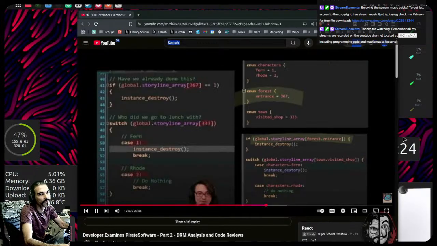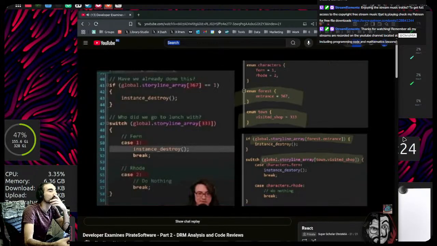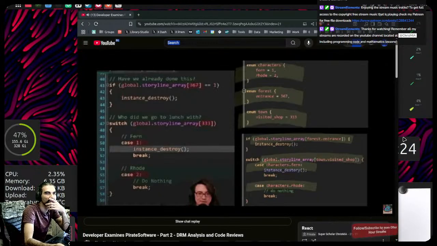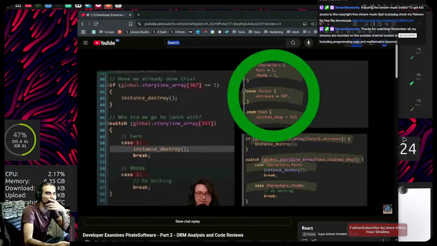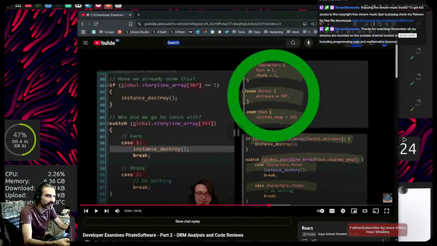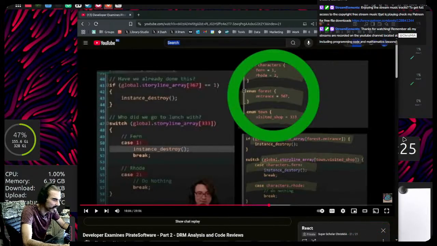Force value 333 could be an enum value for a town, and the 1 and 2, that is Fern and Road, could also use a character enum. Now we have our first code improvement. The storyline flag structure still isn't good, but we've reduced the blast radius of changes from the entire codebase to basically just one file. Since we have a nice abstraction away from the raw index number, we just need to update the enum and, in certain cases, the JSON file. It's just a data file where you create the structure of the game configurations.